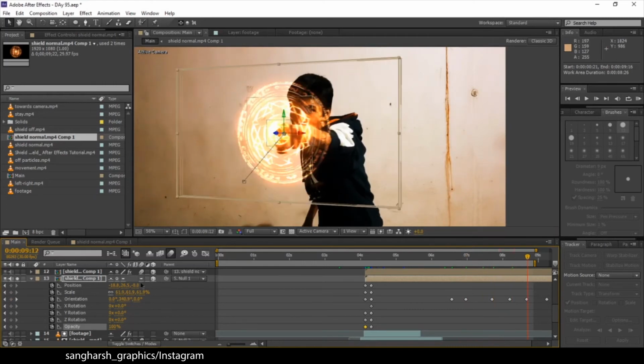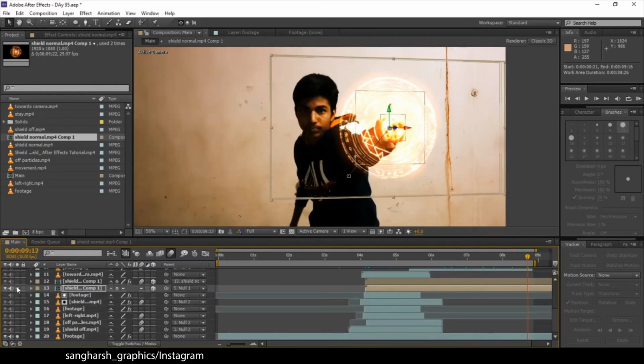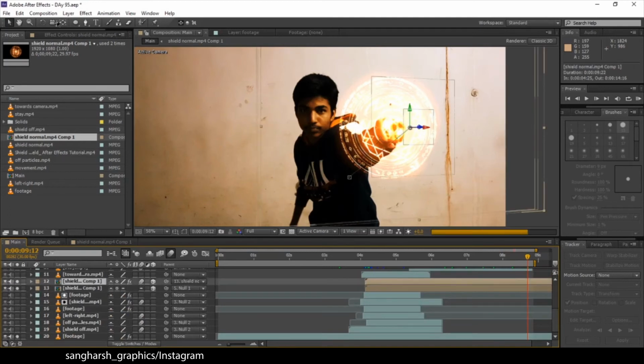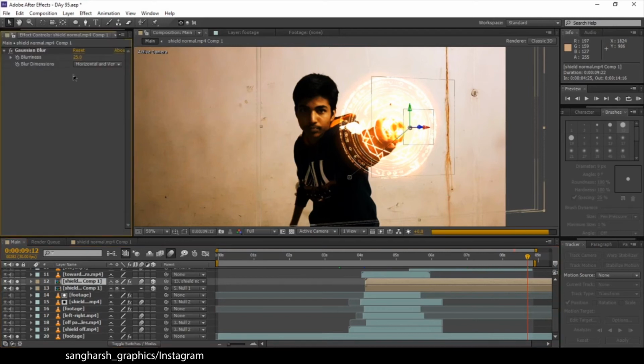Then I duplicated the shield composition, applied Gaussian blur on it, scaled it a little bigger to get a nice fade-out ring, and dragged it a little forward to get a 3D effect.